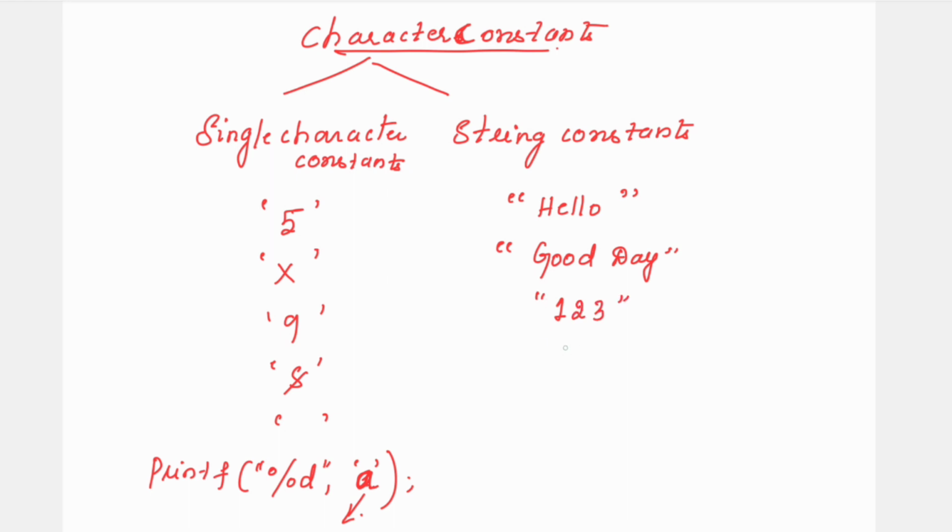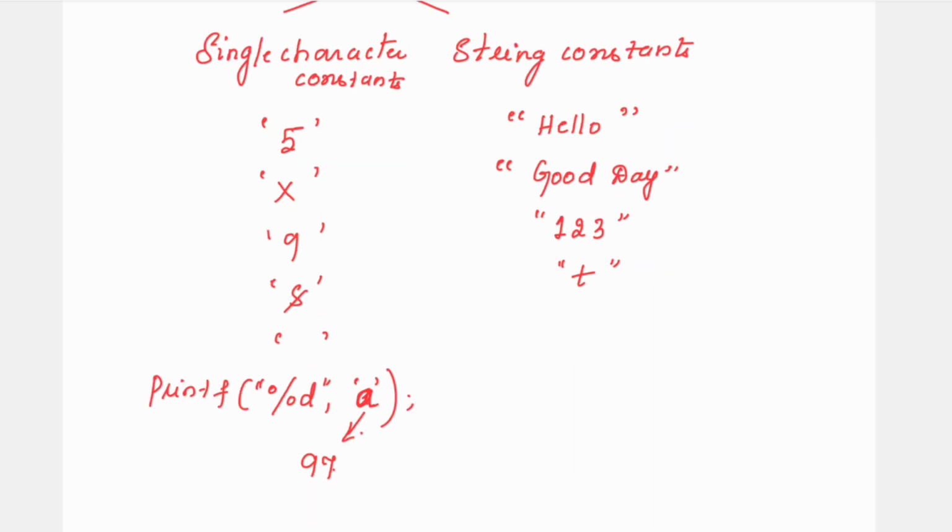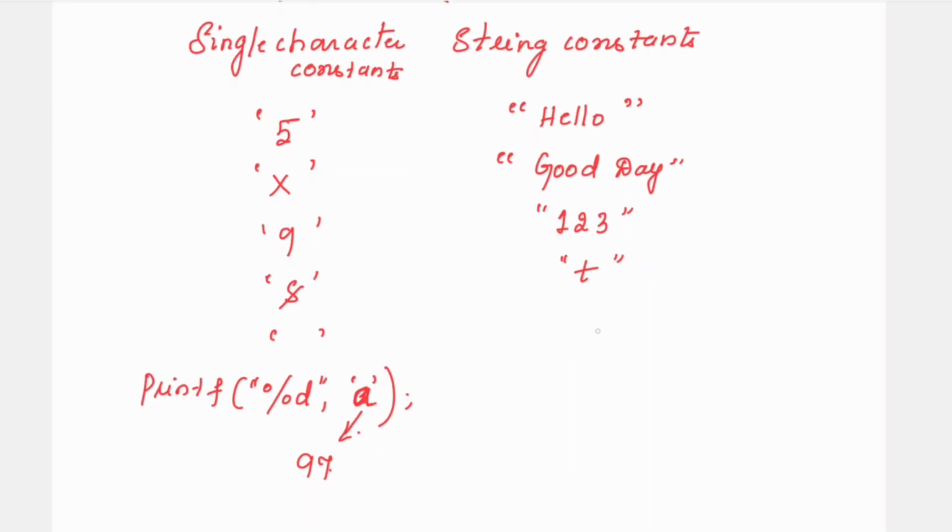Okay, or I can make use of one single character here. Suppose I am writing the letter T, you cannot call this a single character here because now it is enclosed in double quotes. It becomes a string constant. One important point you need to remember for this string constant is each string constant is implicitly terminated by a